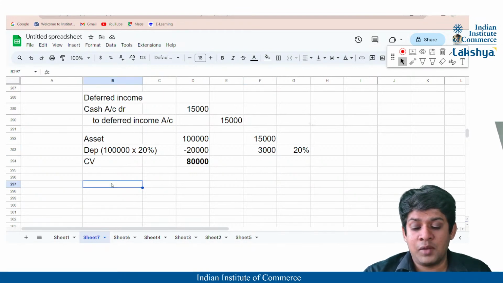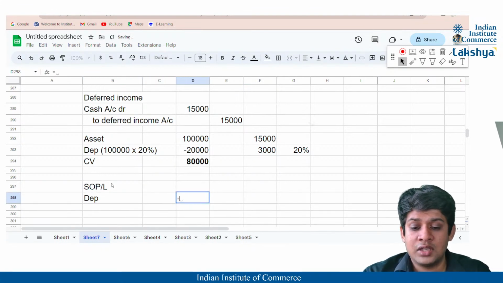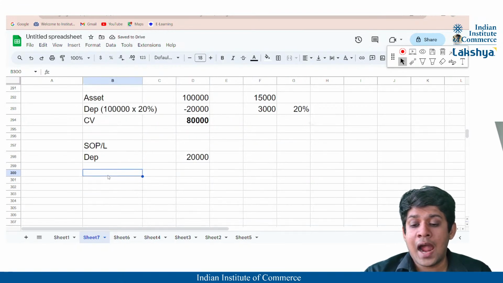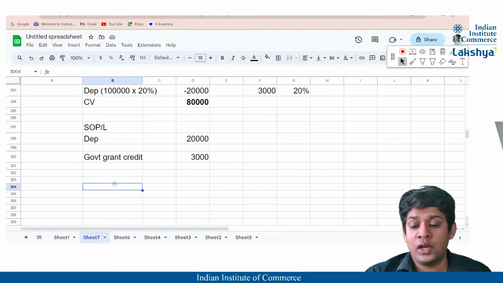So when I prepare the statement of profit or loss, I will state depreciation on the asset, which I've calculated to be 20,000, correct? And I will state government grant credit separately of 3,000 for the first year end, right? I've used the asset for 1 year. So technically I've made use of the government grant also for 1 year. Okay. And the journal entry for it will be